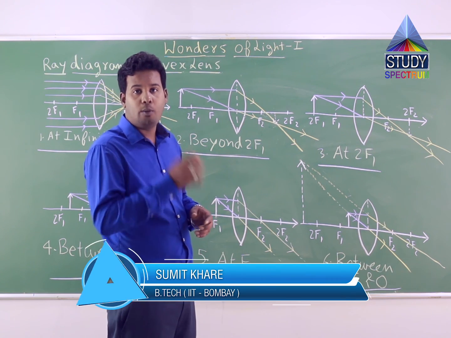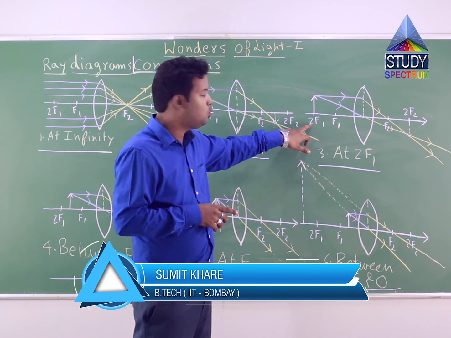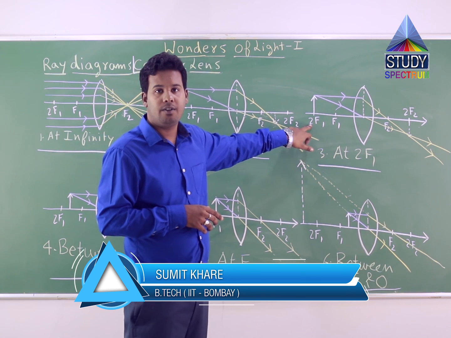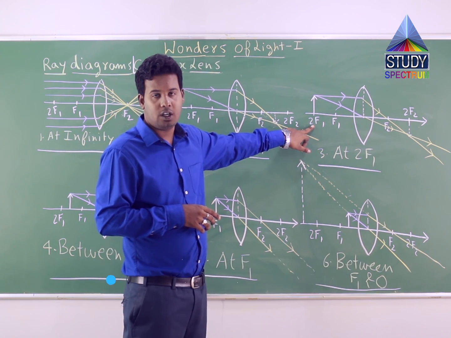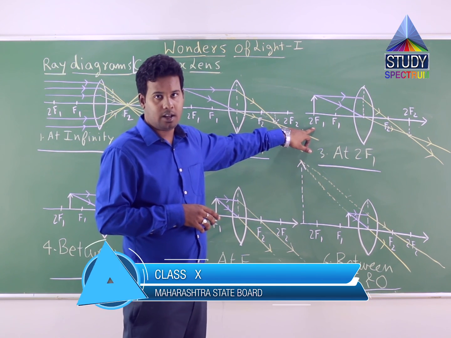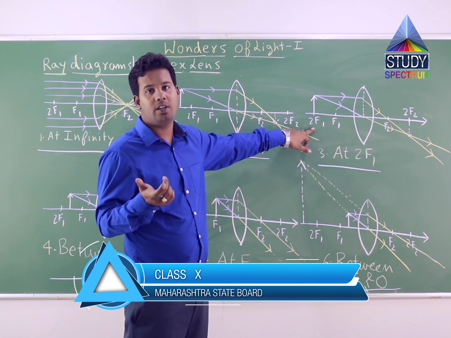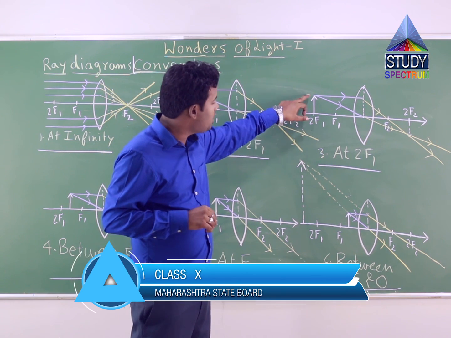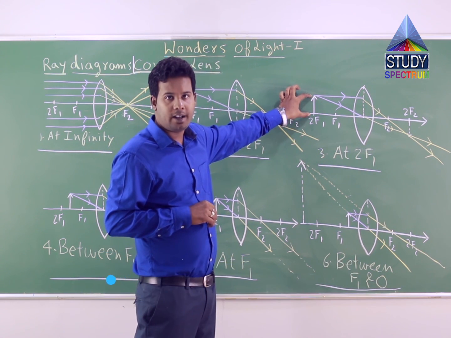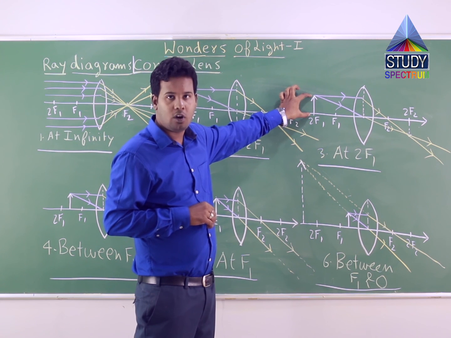Now as we move further towards the convex lens, the third case would be where the object is placed at 2f1 itself, that is the first center of curvature, which we have written as 2f1, twice of the focal length, correct? Because radius is twice of focal length, or focal length is half of radius. Now this dark white arrow which you see is actually your object.